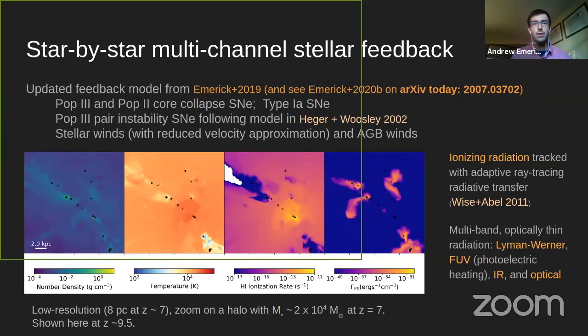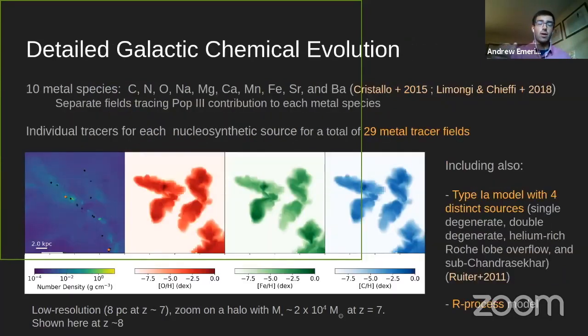And on top of that, using an optically thin approximation, we're following Lyman-Werner, FUV, IR, and optical radiation from these stars. And what I'm most excited by, and I'm almost done, is that we're tracking, in addition to all the feedback physics, 10 different individual metal species, tracking different nucleosynthetic sources from all of these stars, having individual metal tracers for all these metal species, and a separate set of metal tracers for all these species, tracking the contribution to these fields from POP3 stars themselves, for a total of 29 metal tracer fields,